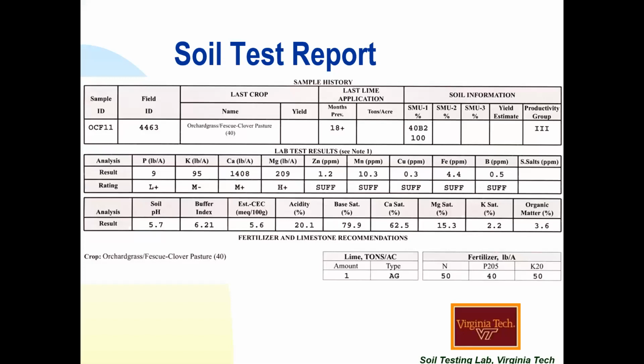So when you look at a typical soil test report from, this is one of the Virginia Tech ones, the top bar there is all information that's provided when you submit the sample. So it's where the sample came from, what crops to be grown. The crop to be grown is very important. It provides the target pH that we're trying to lime to. It also provides information for the nitrogen recommendation.